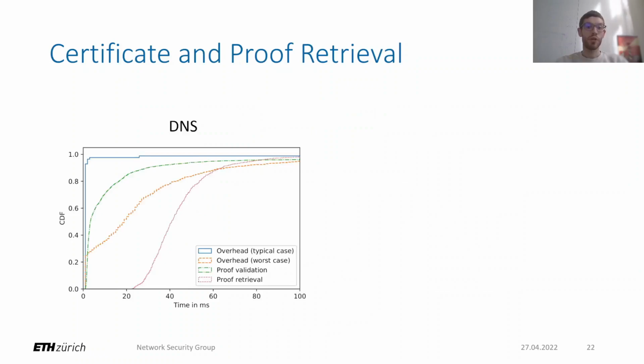Here we see the overhead of our proof of concept implementation. The implementation uses the Trillian framework for the sparse Merkle hash trees, CoreDNS for serving proofs via DNS, and a browser plugin to validate F-PKI proofs. For DNS, the latency overhead is negligible if the proof is fetched in parallel to the DNS request. But even in the worst case, if the DNS response is already locally cached and the map server must generate the proof on the fly, the overhead is still below 50 milliseconds in most cases.